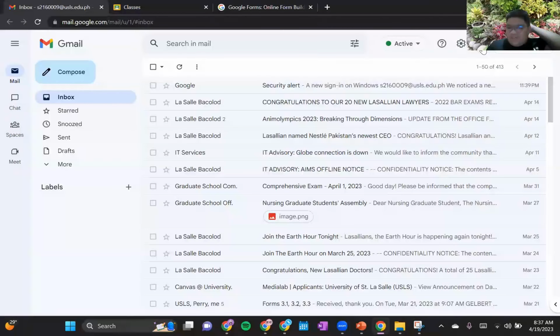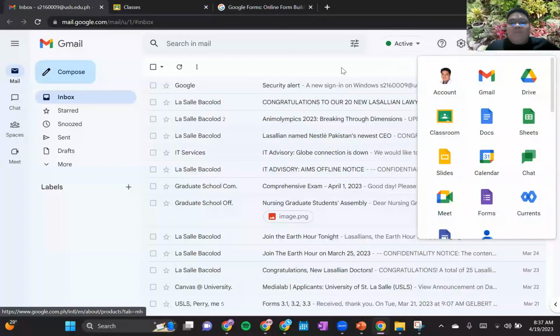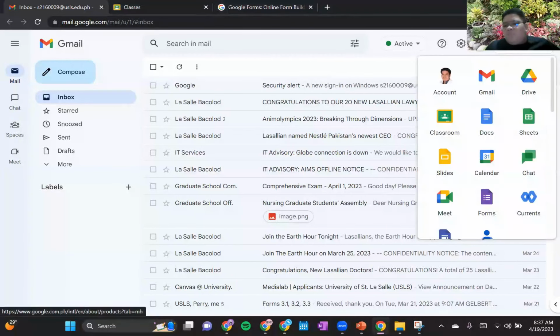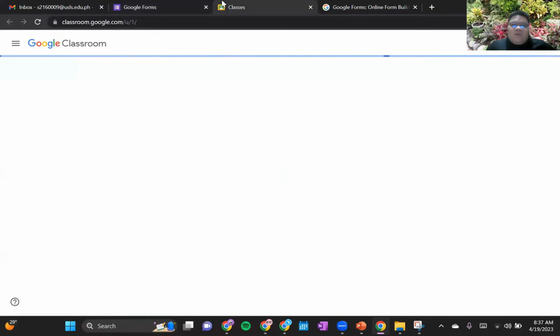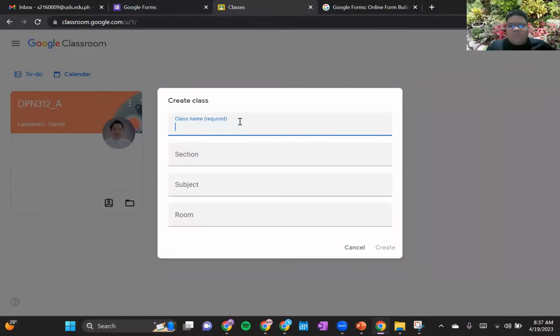Sige. So, as you can see, you have here your burger. Okay, so burger po ang tawag dyan, ng 9 buttons na yan, or the 9 dots. So, when you will be clicking that, that will give you access to several applications also of the Google. Okay, so in this case, we will be using Google Forms. Now, if we are going into your Google Classroom, kapag pupunta po tayo sa Google Classroom in a while,